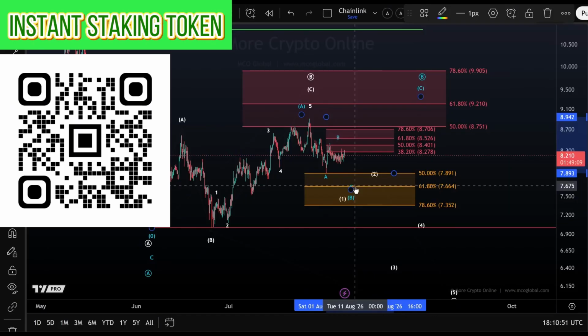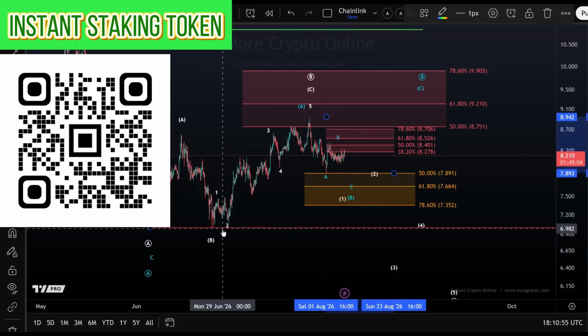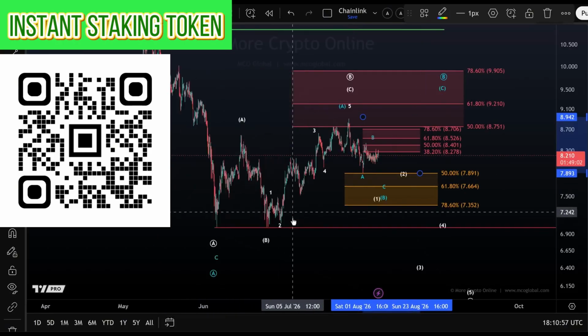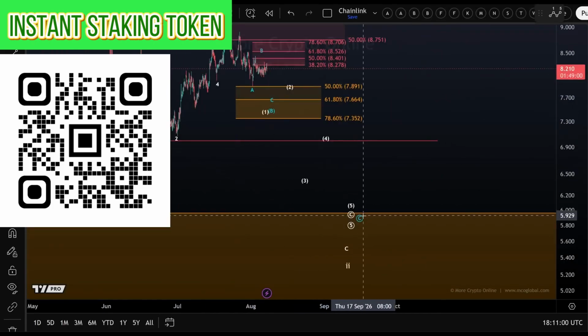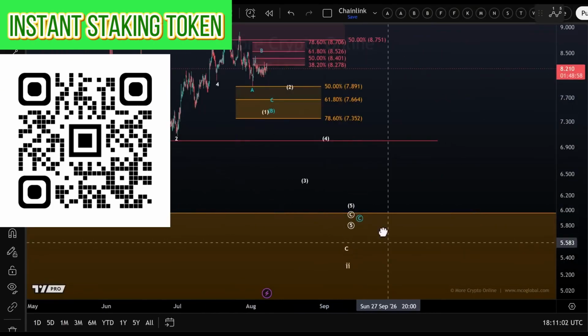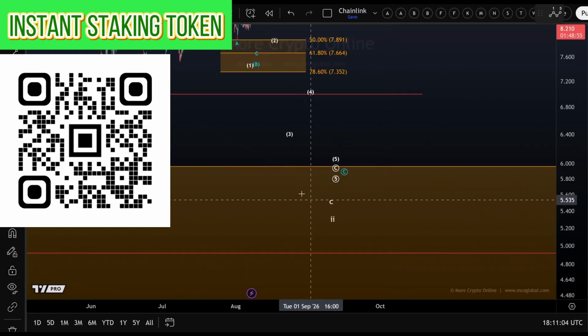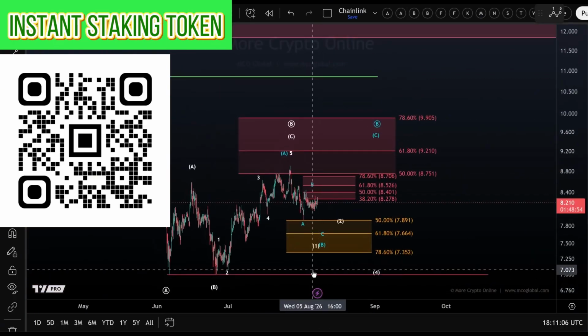Below $7.35, probably the June lows will be tested again. Those are located around $7. And then the next key support below is around $6, and then the key level around $5. To the upside, initial resistance is $8.27 to $8.70. And if the bulls can take the price above this zone, then I think the area around $9.20 to $9.90 will come into focus. Those are larger degree Fibonacci resistance levels.